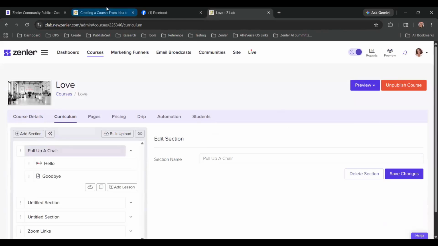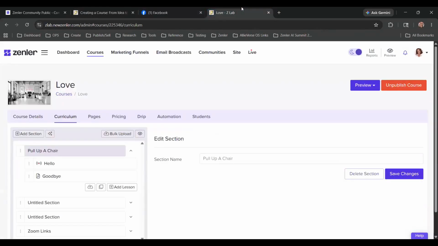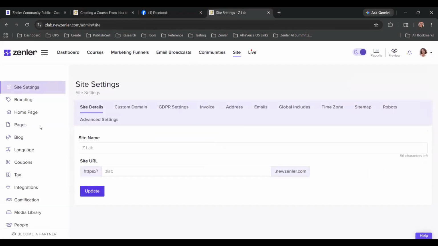Let's see. If you turn the lessons on, I feel like there was a setting that I had somewhere under site that let me turn off something showing up in community.